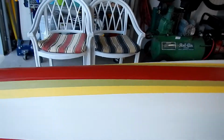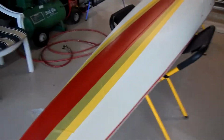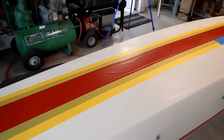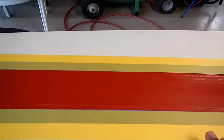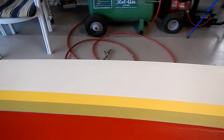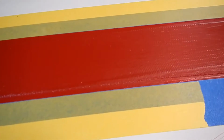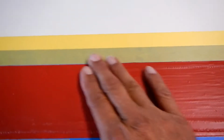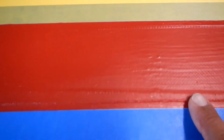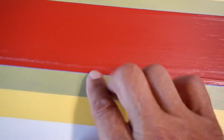Alright. So I laid this up. I showed you the other day. Pulled tape off. Well, of course, oops. And I need one of those gyro things to hold the camera still, and I need to slow down. I'm sorry, I'm probably making you all sick, but in a couple places the cloth actually wrinkled up a little bit more than I wanted to, but the biggest issue I have is, this edge of the cloth laid down super nice. I mean, this is exactly how it should have finished out. But for one reason or another, and I really think it was the way they had it rolled up or the way it was stretched or something,